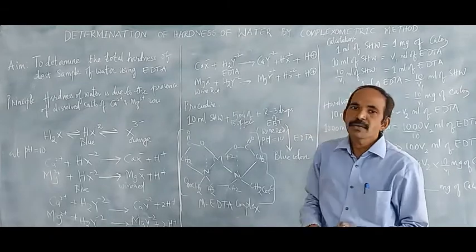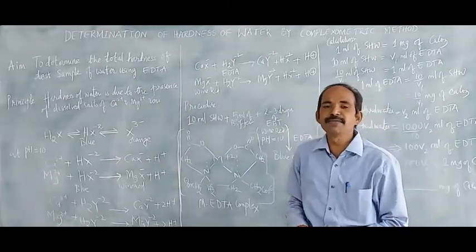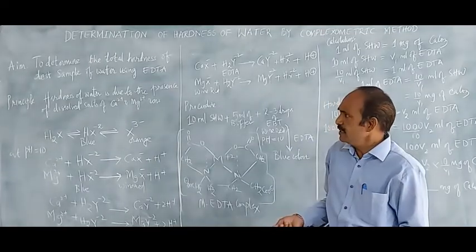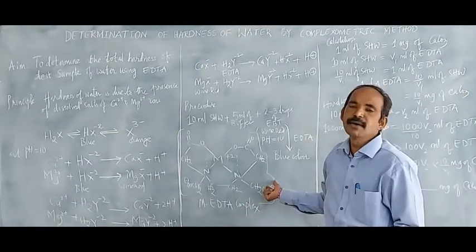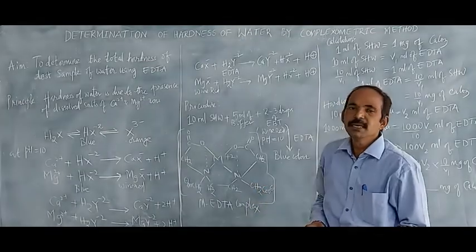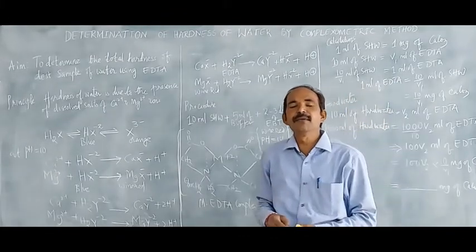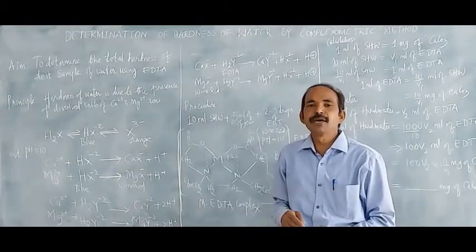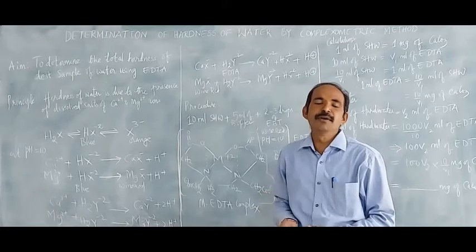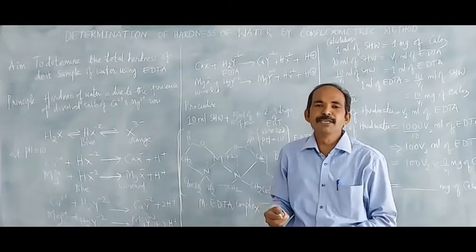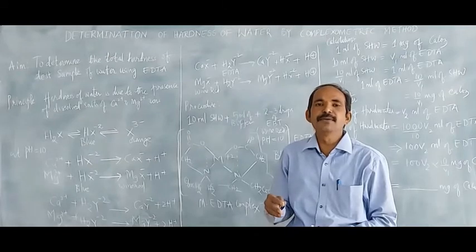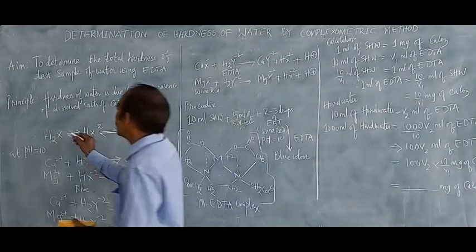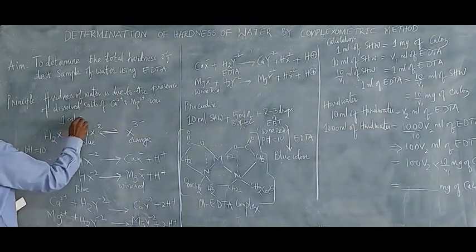This involves three steps. The first one is the preparation of standard hard water. The next one is the determination of hardness of water. And you can also determine the hardness of our kit sample. First, you take the standard hard water. This hard water is prepared by taking 1 gram of dry calcium carbonate in a known volume of dilute HCl. Upon evaporation, some part of this gets dissolved, and we cool it and dilute it with water so that 1 ml of standard hard water is equal to 1 mg of CaCO3.